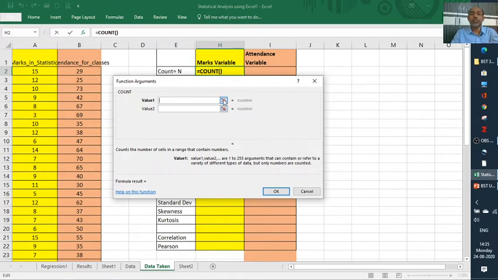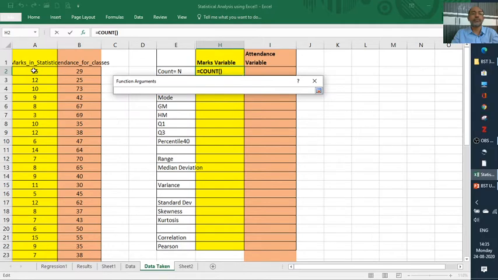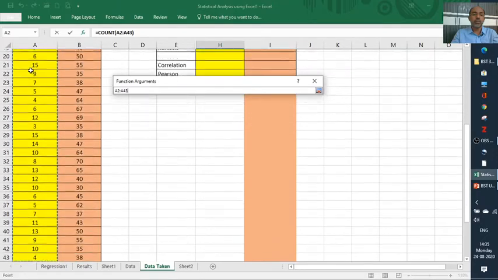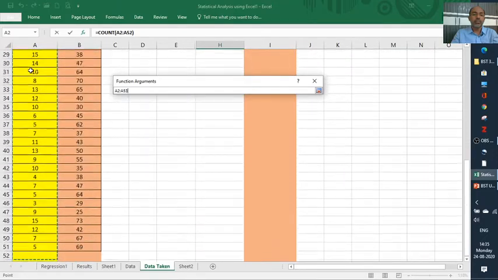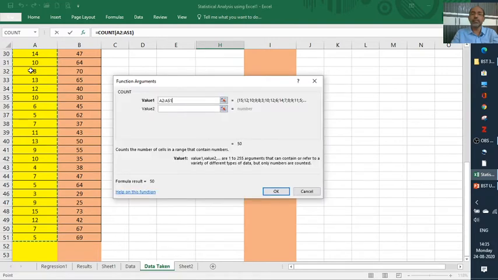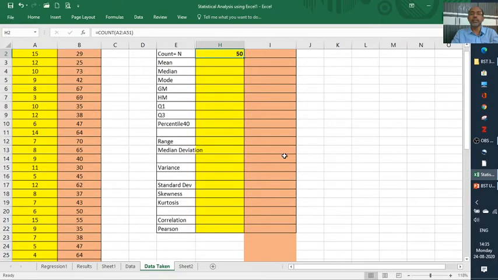Simply put COUNT, select A2 and drag the cursor up to item number 51. Then we'll take the answer.